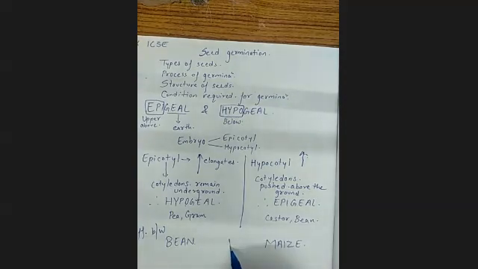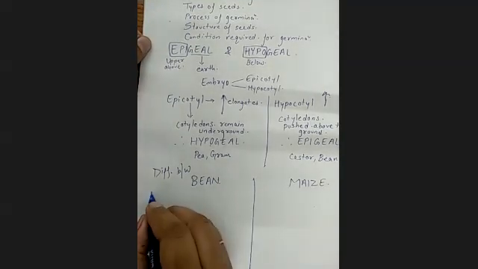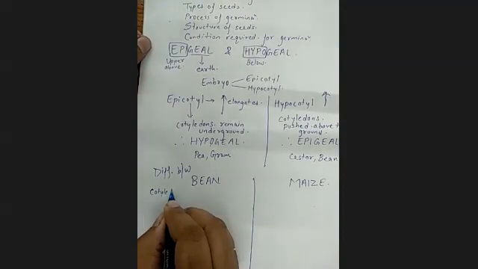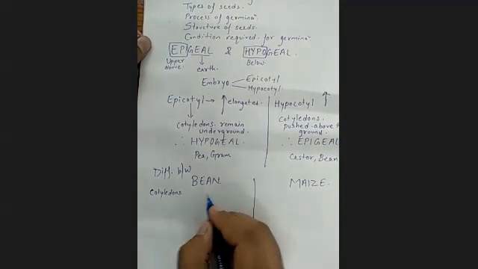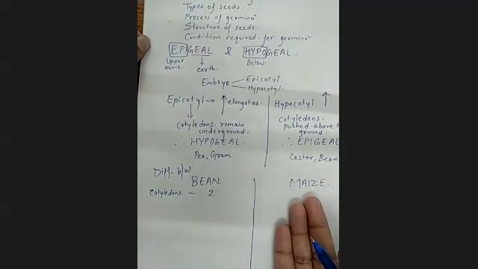So if you consider both of them, first of all, whenever you are studying the differences, write down on one side only. Utilize one side for the difference. Then it will be easier for you to remember, and you will not get confused. So let's see. First, we talk about the number of cotyledons. Beans have 2, then definitely here it should be 1.